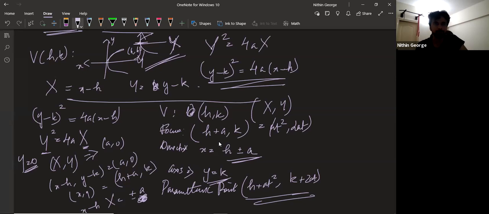Okay. So when you get a translated parabola, you define a capital X, capital Y axis, and deal with it as if it is a standard hyperbola. This is the method for any problem. Got this? All right. The same logic goes for ellipse and hyperbola, so I'm not going to explain that.